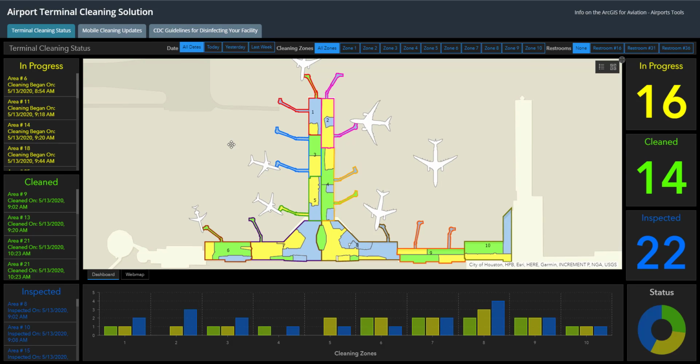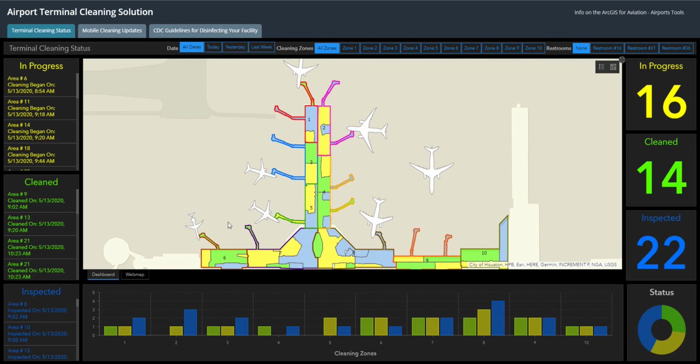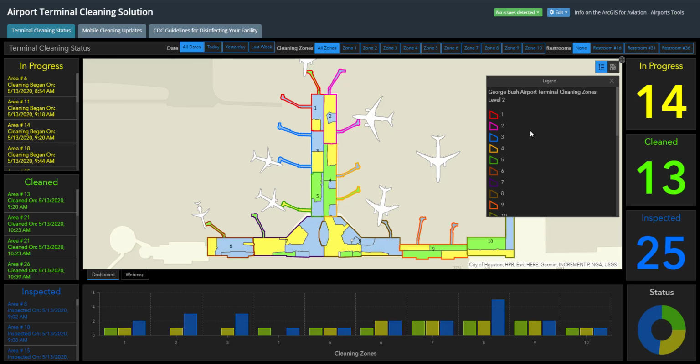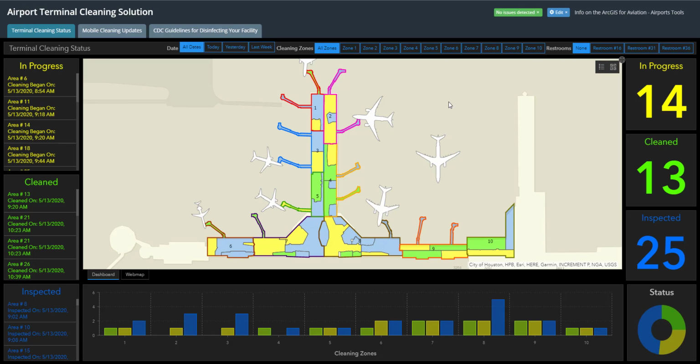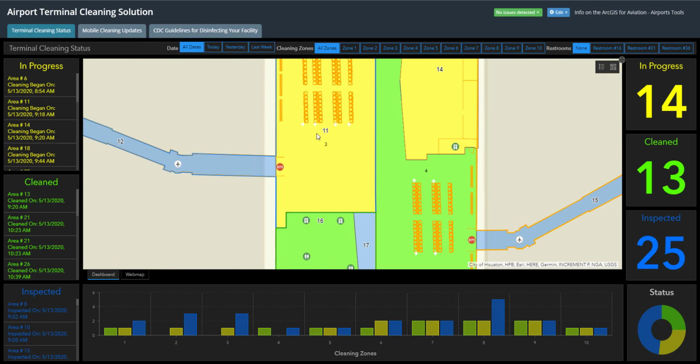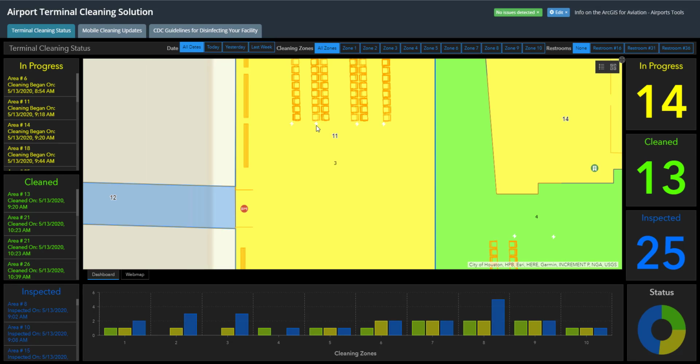guidelines as well. The application I'm showing you here is a way to monitor and then track cleaning operations in real time. I've divided up this airport at Houston George Bush Terminal C into different cleaning zones and cleaning areas. As you see here, this dashboard gives the supervisor of that terminal quick access to the real-time information about cleaning operations